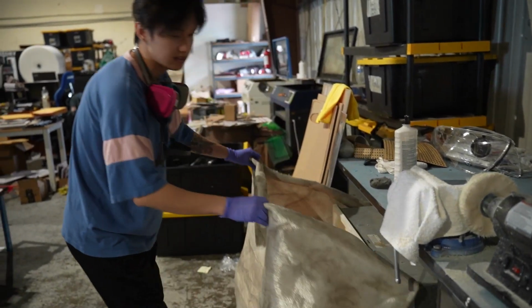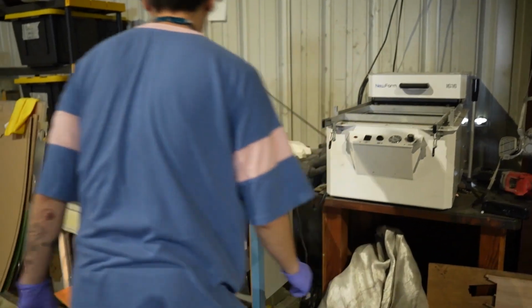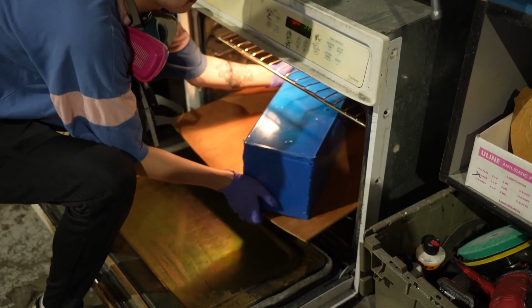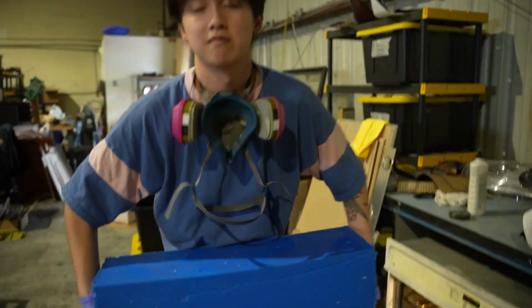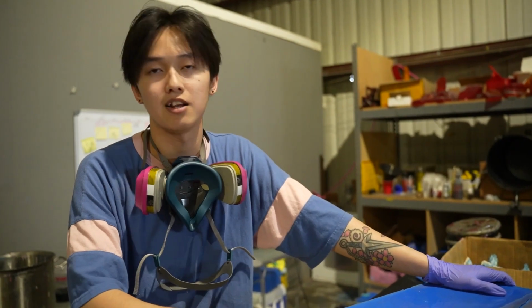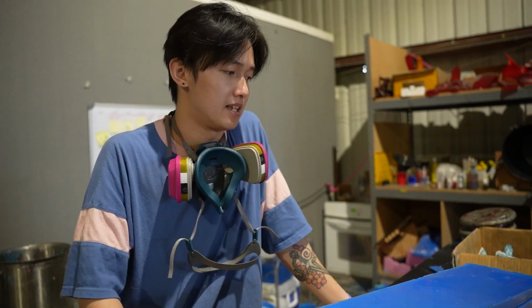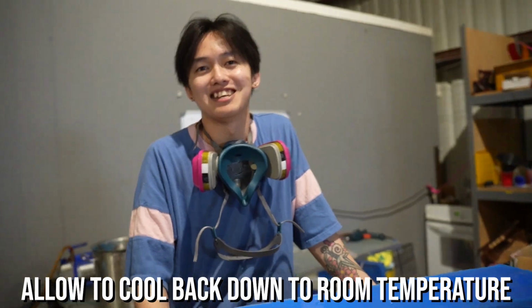So now that it's done post curing, take this out, put it off to the side. Be careful, it's gonna be hot. Take it out. You're gonna want to put it on a flat surface and let it cool down. Depending on how hot it is, it'll take a while for it to cool down. But this one will probably take about an hour and a half. It's a lot of waiting. An hour later,